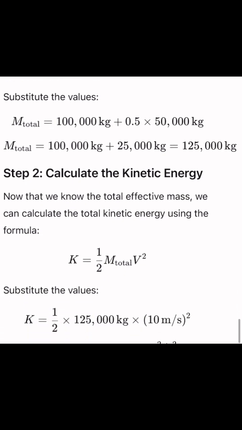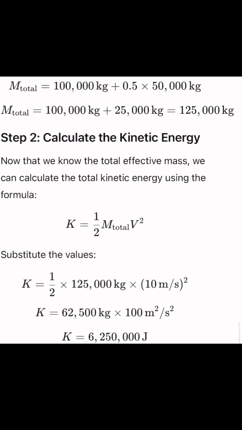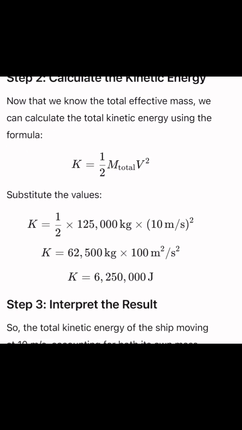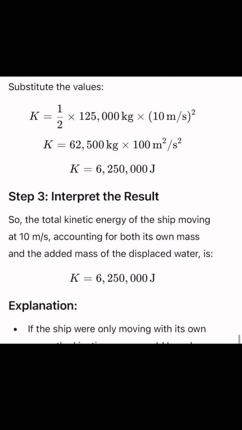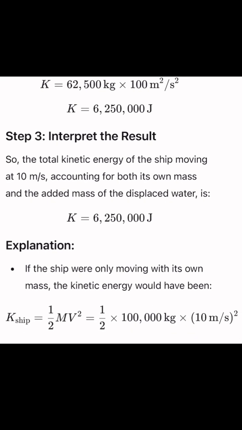Calculate the kinetic energy. Now that we know the total effective mass, we can calculate the total kinetic energy using the formula K equal to half total mass times velocity squared. Substitute these values, and you would get kinetic energy as 6,250,000 joules. That means 6,250 megajoules. Interpret the result: the total kinetic energy of the ship moving at 10 meters per second, according to both its own mass and the added mass of the displaced water, is